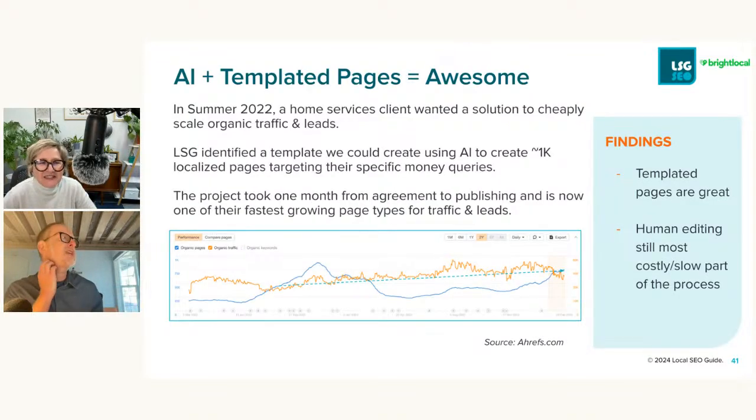And just to give you an idea, these things can work and still can work. This is real data, or at least SEM Ahrefs data from a client of ours. It's a national home services company. And what you can see is when we launched these AI location pages, they started growing over time, and they came down a little over the last month or two, but they're still well above where they were. And this cost a fraction of what it would have cost to have a human being write it. I think this was something like $20 a page or something ridiculous like that. And it took maybe 2 weeks to do it.